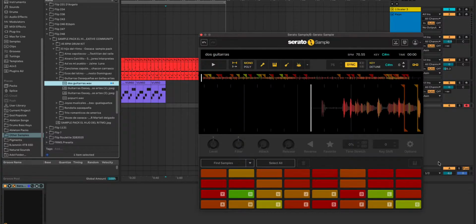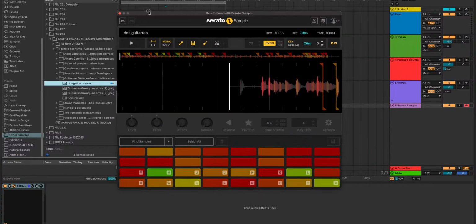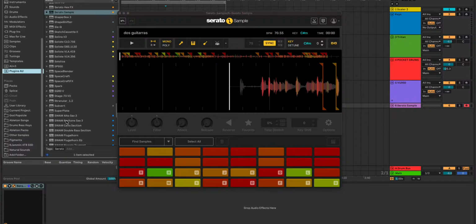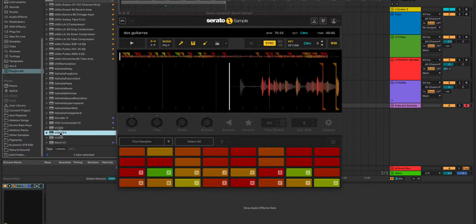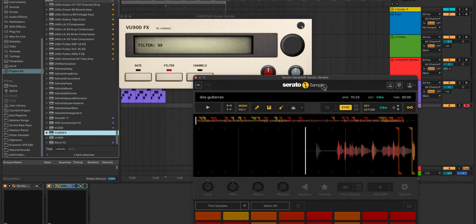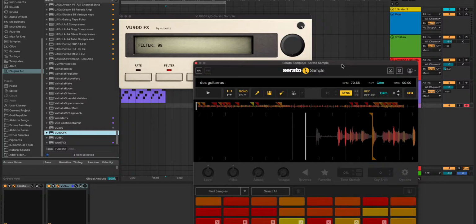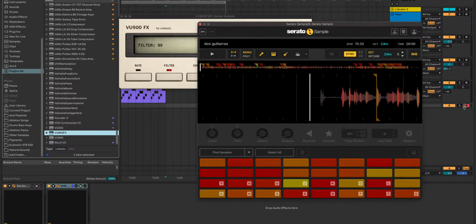So I could just go find my samples and it's going to do it. I can drop out parts, like if I don't want any drums, I don't care if the rest stays in there. But let's say I get rid of the drums, right? So it tells me the key, I can detune it, pitch it, whatever I want to do. And then what you could do is throw the plugin that I'm talking about, which is the VU effects, over the top of Serato sampler. And now you have access to the filter. So this way, if you go find my samples, and now you play,